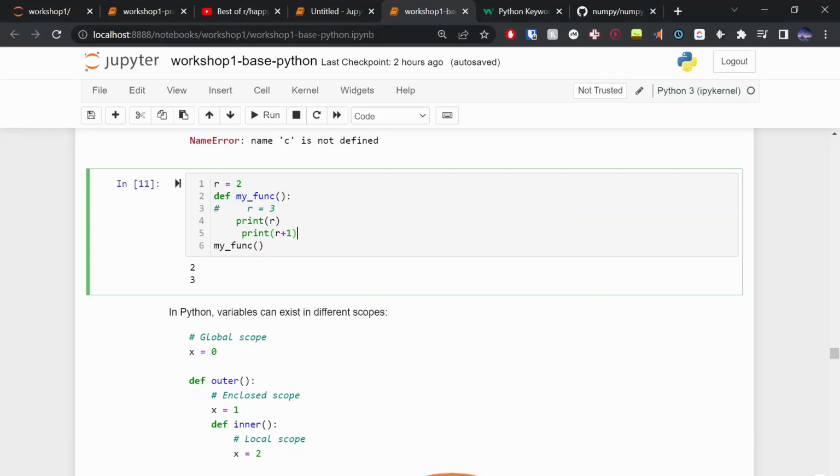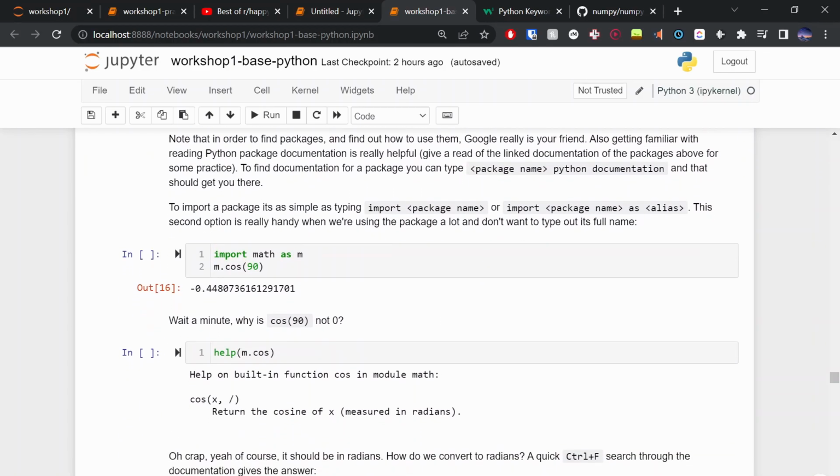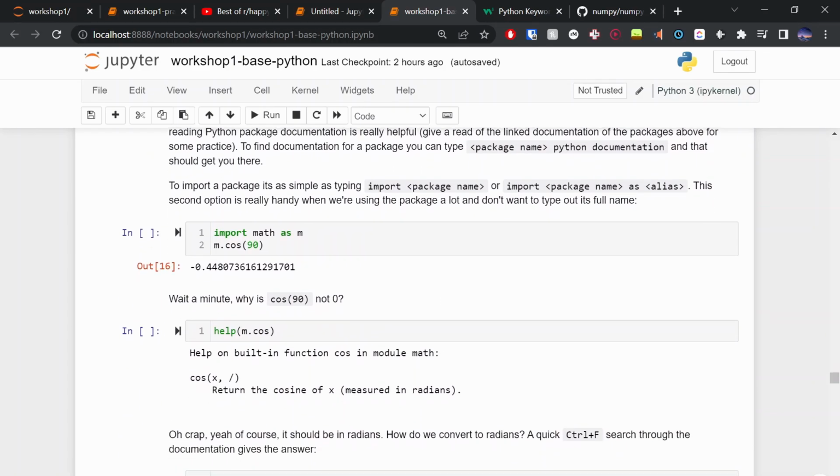There is a bit more to the workshop, but I do understand there's two options we can do. We can either go through some practice, or I can talk a bit more about what the next topic is, looking at modules. Modules are ways of extending the functionality of base Python. Now, it's completely up to you.